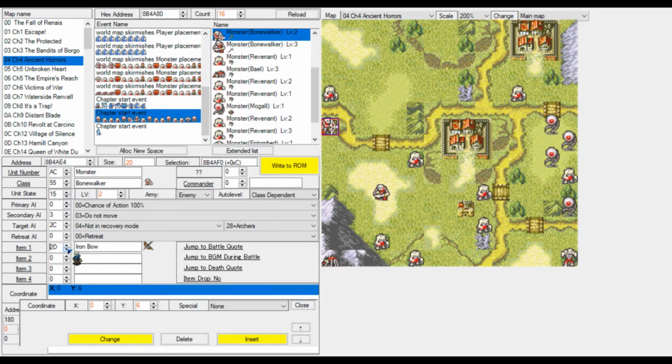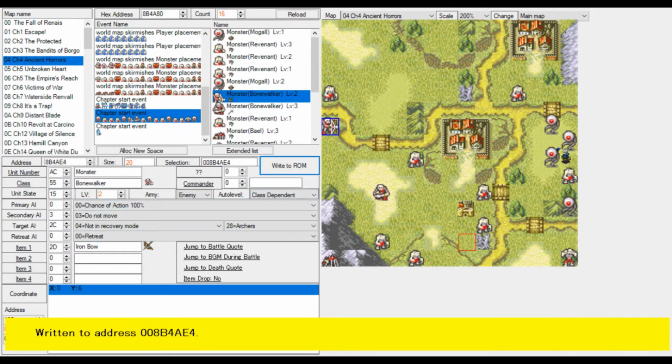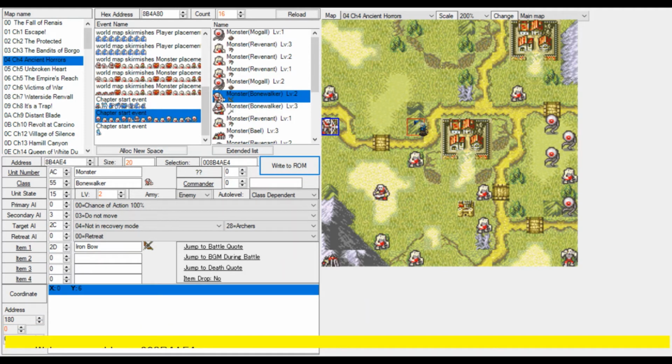I will give this guy a bow. Alright, so now we have set all of the enemies. As you can see, I've spread them out. The starting area is pretty clean. That is because putting too many enemies in the starting area will overload the player with units, making their very first turns, which are quite crucial to developing a strategy, very limited. Or the options very limited.